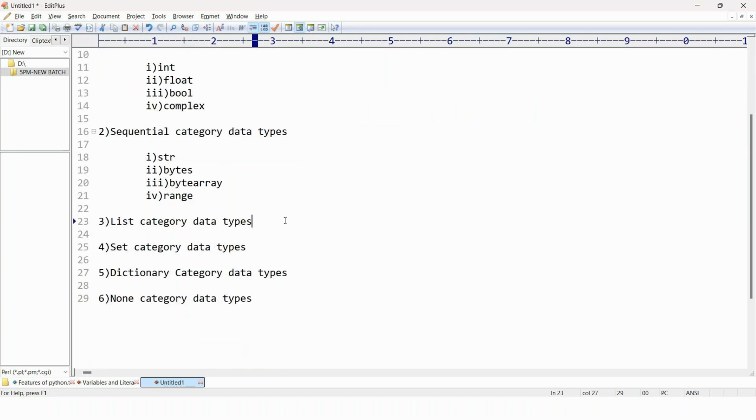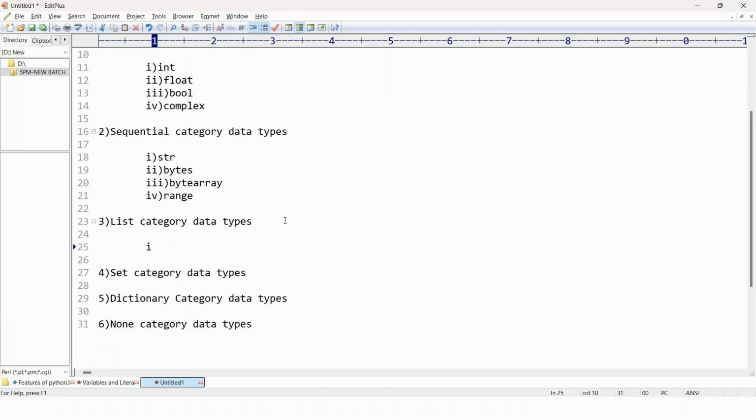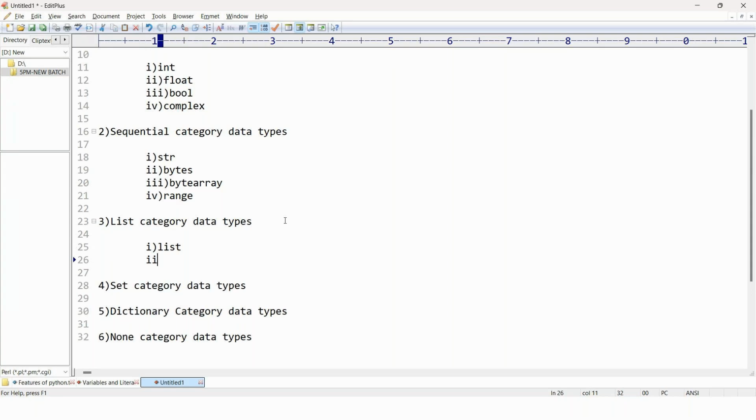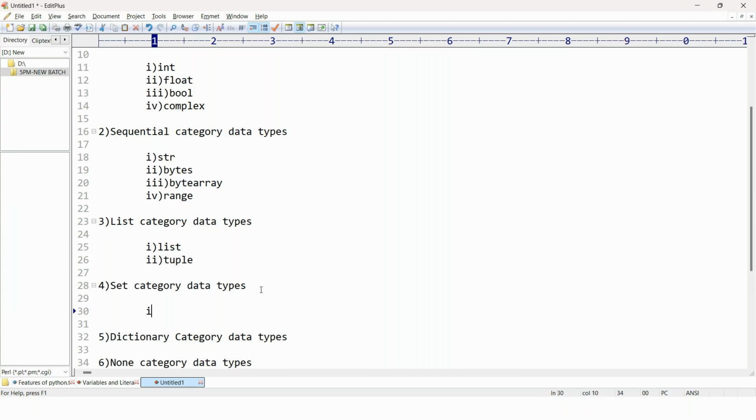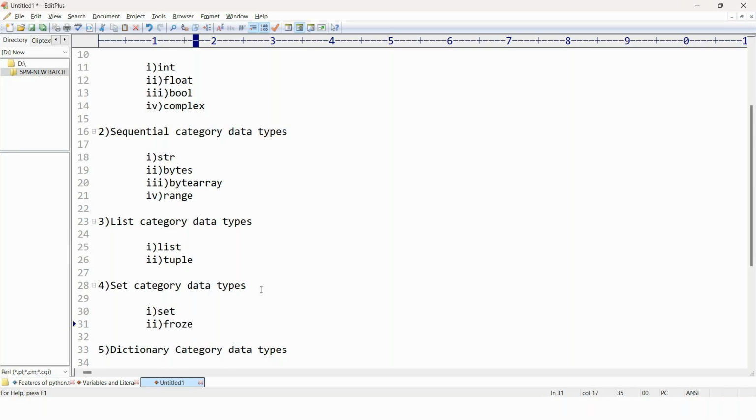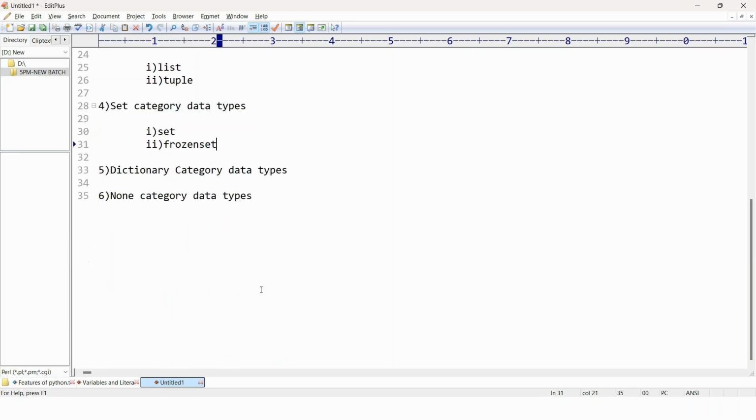Similarly, in list category we have two data types, list itself and tuple. In set category we have two data types, set itself and the second one frozenset. In dictionary we have one data type called dict.